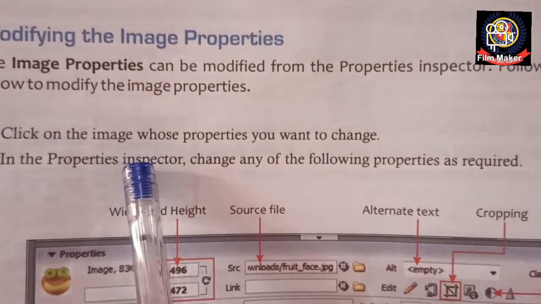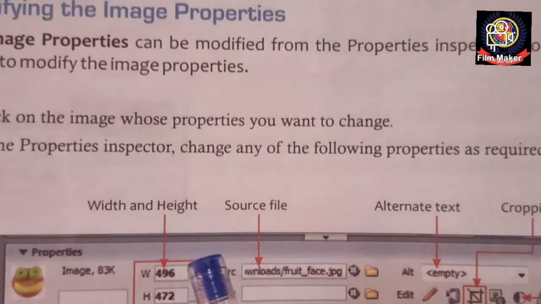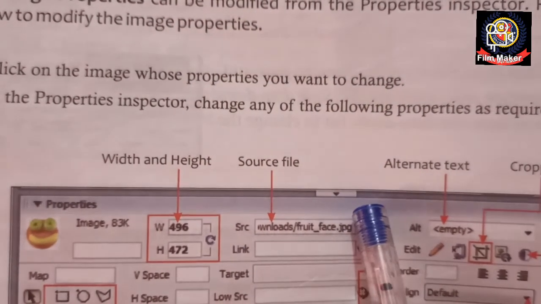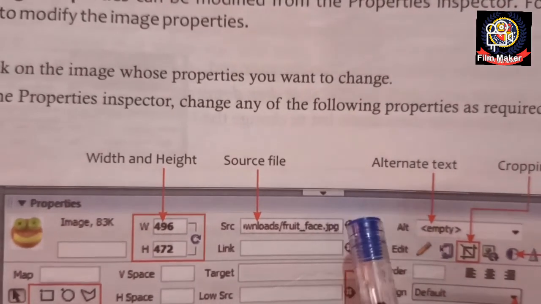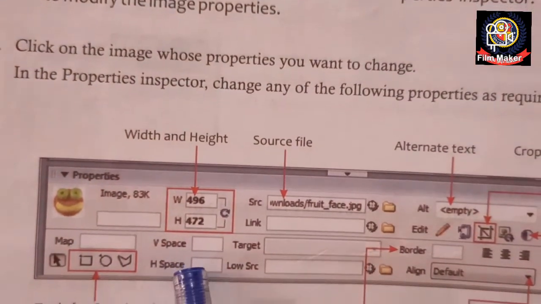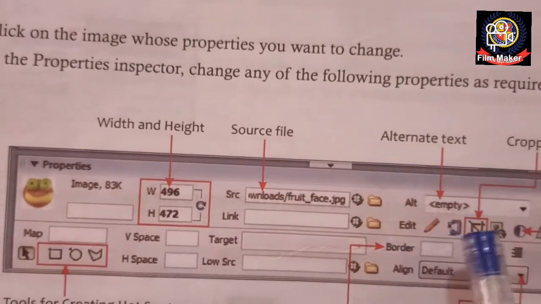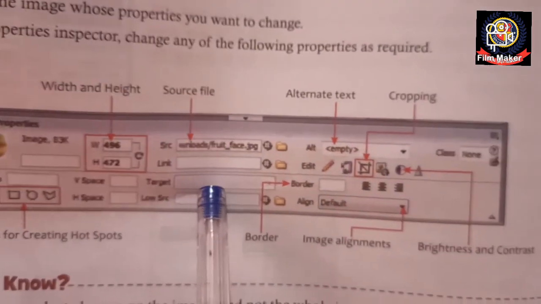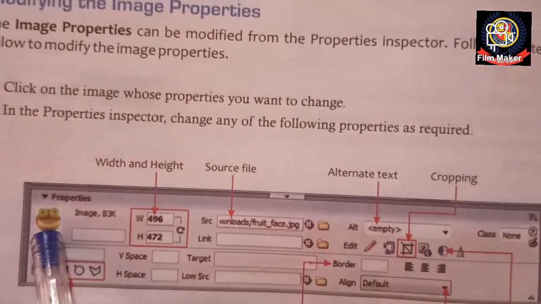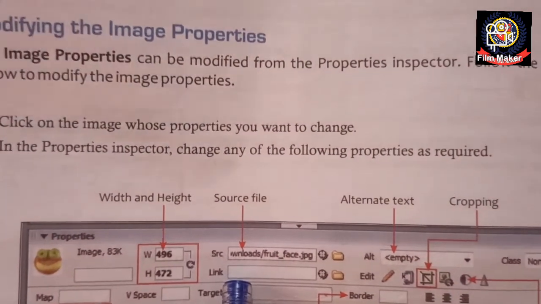Then in the property inspector, you're getting the options for formatting or modifying the image. Here you can resize the image width and height. Then here you can specify the URL, or you can say the source file wherever the image is. Then alt text if you want to give any. Then here you can use tools for creating hotspots. Then this is the spacing, how much space you want to take, and border if you want to apply. So this is through the property inspector. You can do all these modifications in the image you have inserted in your web page through the property inspector dialog box. Okay children,